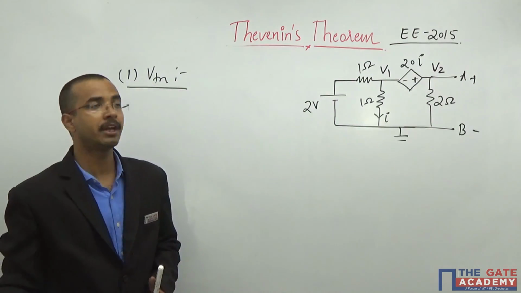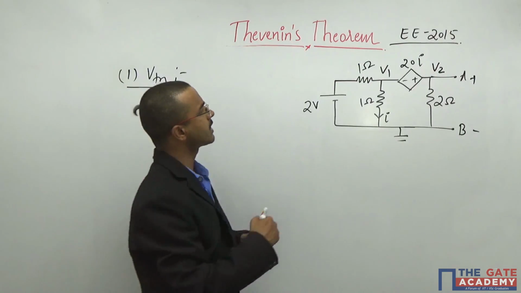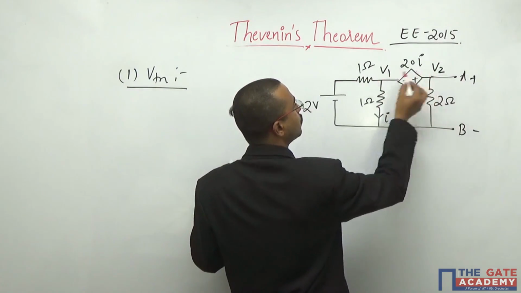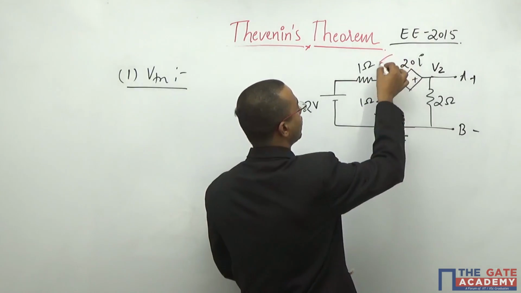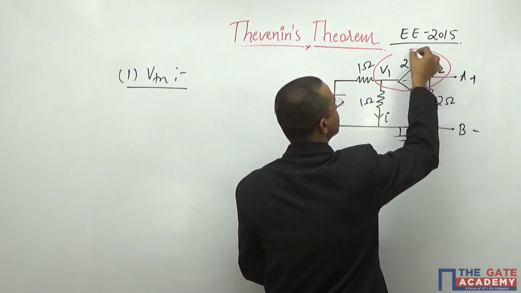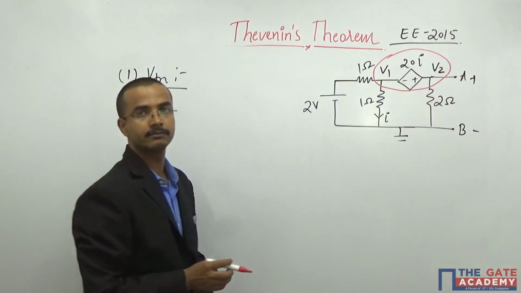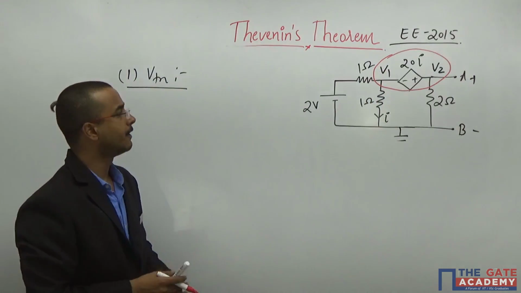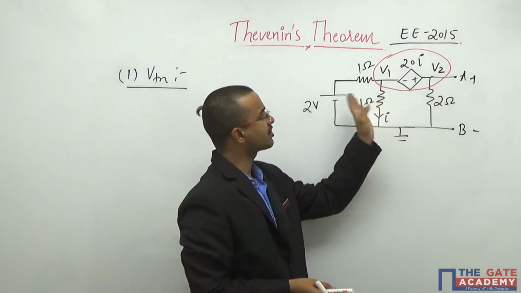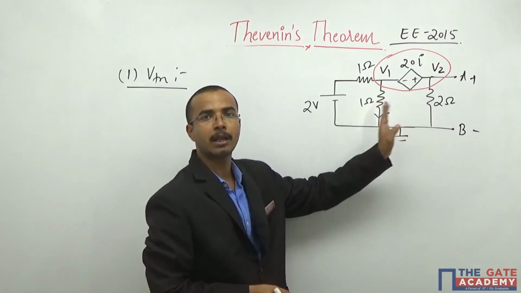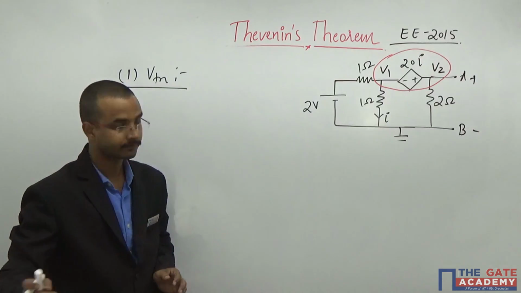As you can see from here, this voltage source is directly connected between the two nodes without having any resistance. That means I have freedom here to apply the super node across this. Or if you want to deal with the mesh analysis, you can apply. But I will not apply the mesh analysis here.